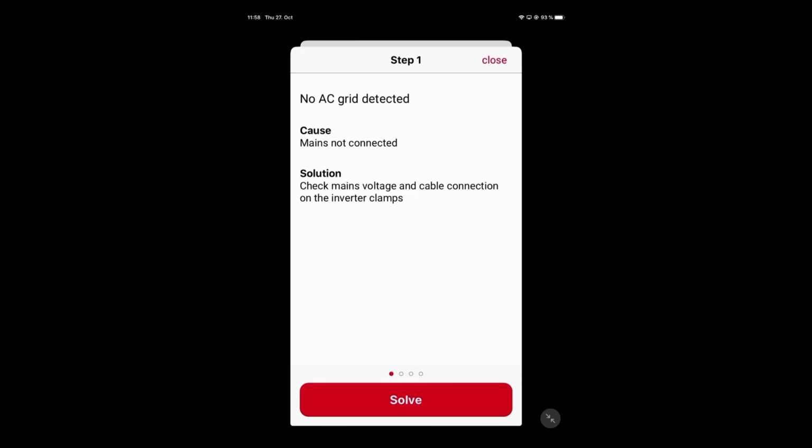And here you can see, so this is the state code 107, so no AC grid detected. And the application tells you now here the cause and the possible solutions. Then you go through the steps, and when you are in the last step,